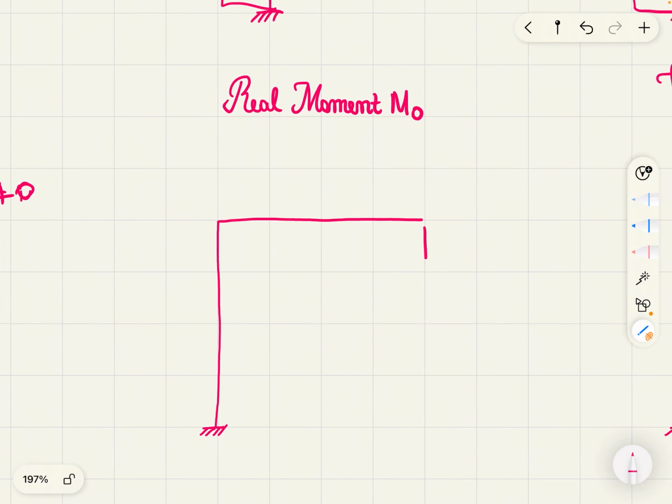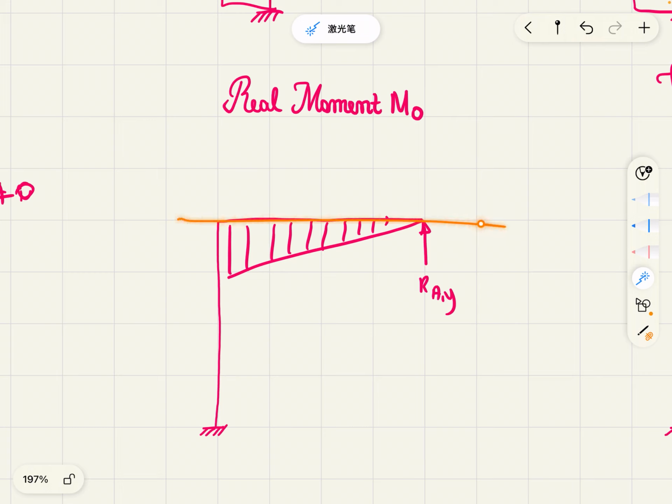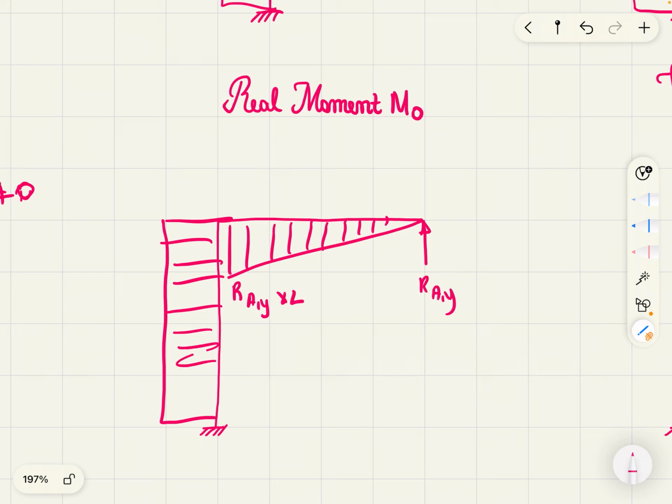Now, drawing the real moment diagram due to the reaction force, our bending moment diagram is going to look like this. Basically, imagine it's been reflected in the y-axis, because usually we have the force there and the moment there, but this time it's opposite. Now, the maximum moment is the reaction force times the length, and the same value of moment here,